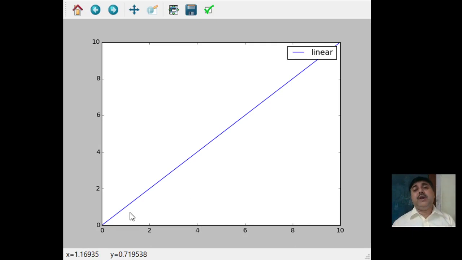Based on this, we can find that the value of x has been calculated for each value of y. The particular graph has been calculated, and in this graph we can see that the thing has been implemented in a different way. This is the legend that has been created here. In this legend, we can find what pattern of line it is: a linear line, one line. We haven't even defined the color here, so by default the color is blue. Okay, the default color is blue.